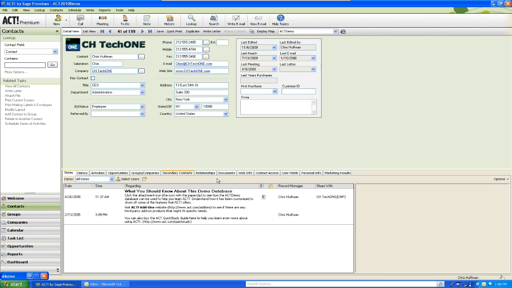So let's talk about, starting with Outlook, specifically how ACT integrates. The areas that we could